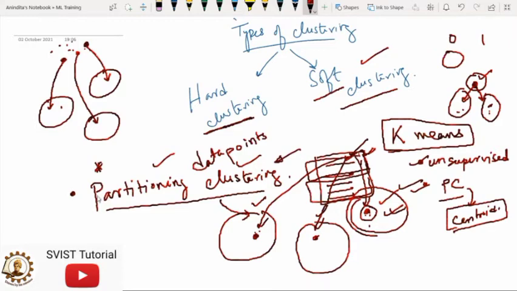And today we are totally focusing on partition based clustering. We have other kinds of clustering too, that is density based clustering, distribution model based clustering, where we have to follow some Gaussian distribution, and we have hierarchical clustering too. Today I'm not going into those details. We are only concentrating on partition based clustering, which is K-means clustering.